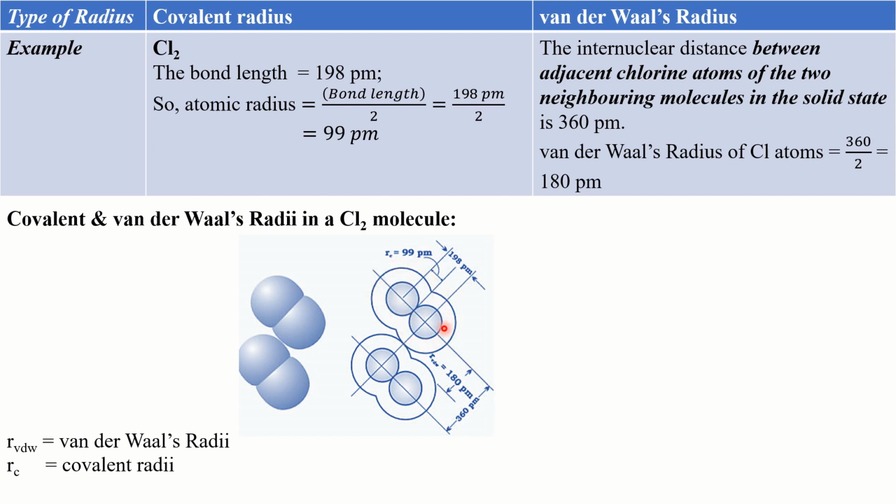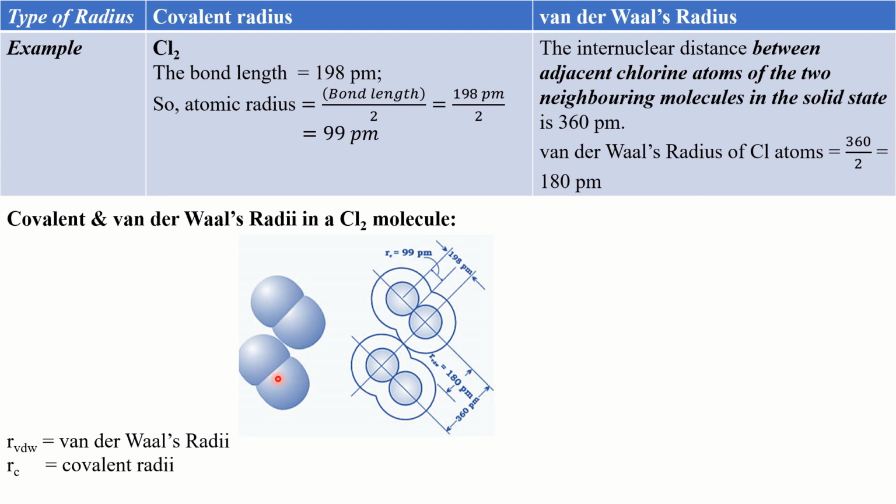Now students, note that there are two chlorine molecules which are just lying together, right? They are not bonded to each other, but they lie just adjacent to each other. Now, just imagine the two chlorine molecules to be in the solid state. Assume that the two chlorine molecules are just touching each other. Since there is no bond between them, they are not pressing each other as the chlorine atoms do in the chlorine molecules. Clear?